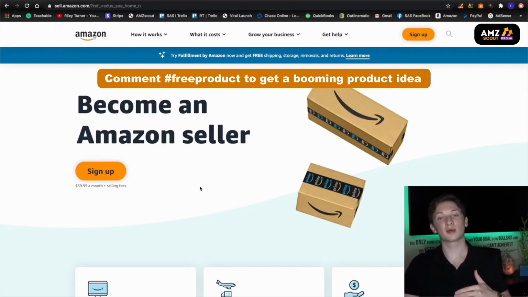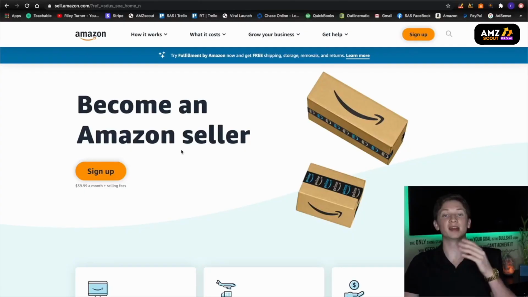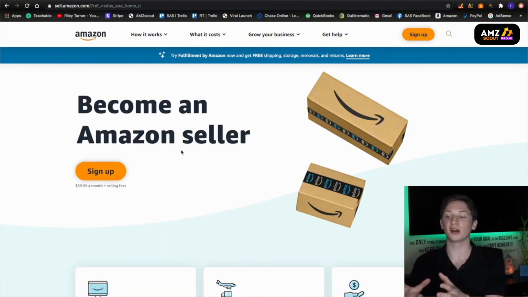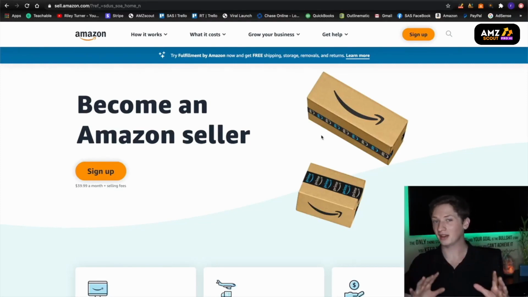So basically, Amazon really wants you to get the professional selling account. That is what this is right here if you click sign up. But if an individual seller account is better for you, then there is a way to find it. And Amazon always likes to hide it somewhere in here because they don't want you to sign up for this account. They mainly want you to sign up for the professional account. So if you want to sell as an individual, you kind of have to look for it. And Amazon is always updating their website. So it may look a little bit differently for you,